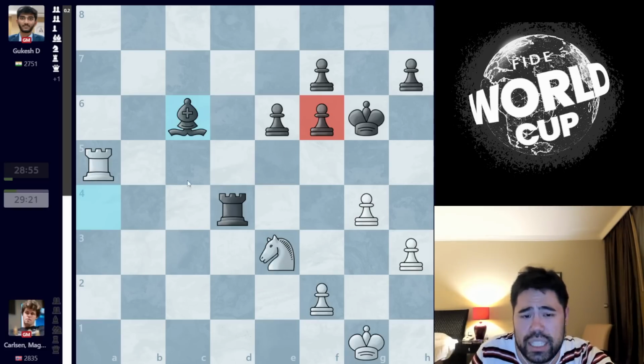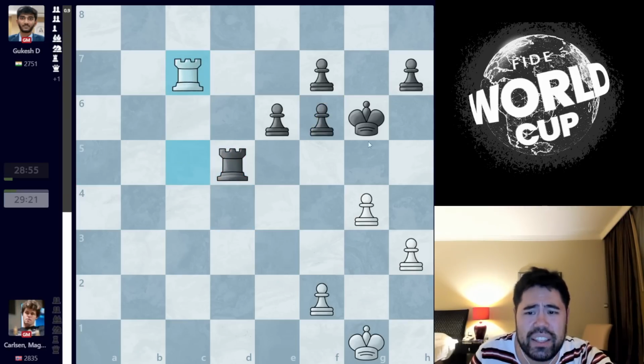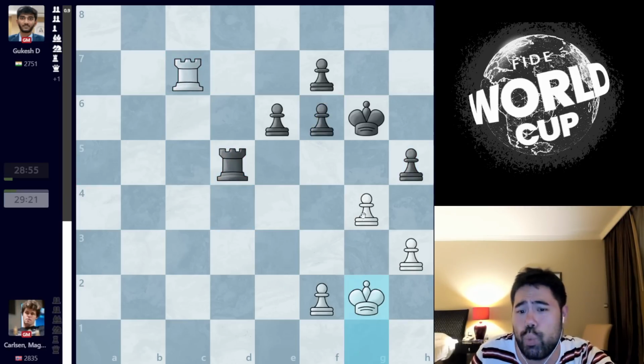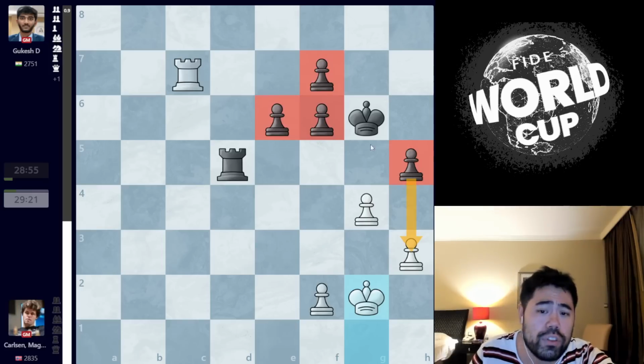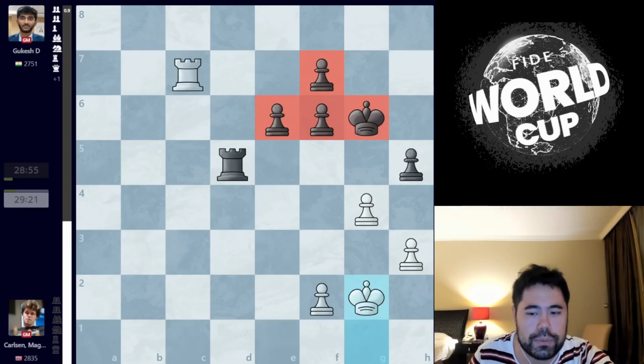The reason as well is that if you try to trade the bishop for the knight here, you can reach an endgame like this. And this endgame with the 4-on-3 is once again a draw due to all these pawns being on the same side of the board. Now, I'm not saying this would be drawn every time in human practice, but with perfect play, it will be a draw. And for this reason, Gukesh in a must-win situation cannot go for this.